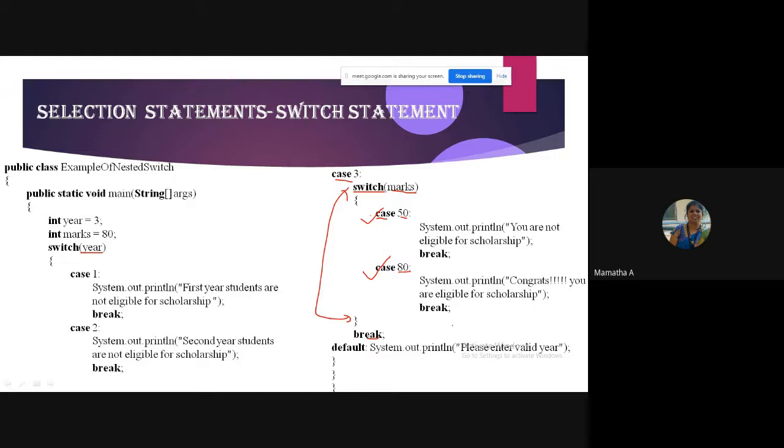Right? So, this is a simple example for a switch statement. It is as good as selecting a seat for your professional course in counseling. Very simple. What is your outer switch statement? What will you select first? If you are selecting a seat for your BE course, what will you search first? What is your outer switch statement corresponding to?